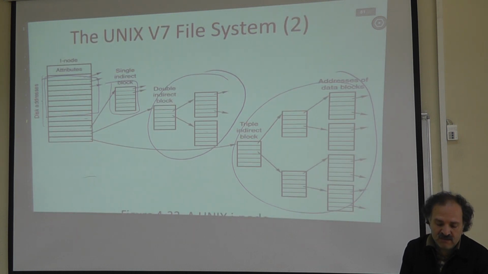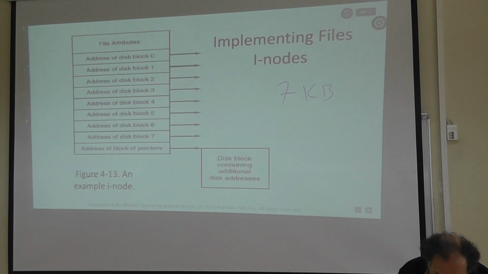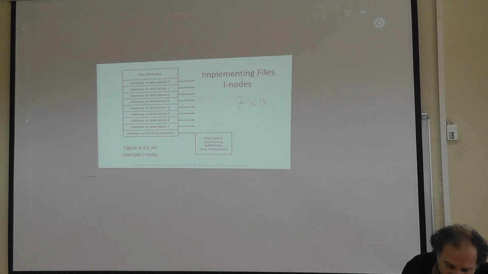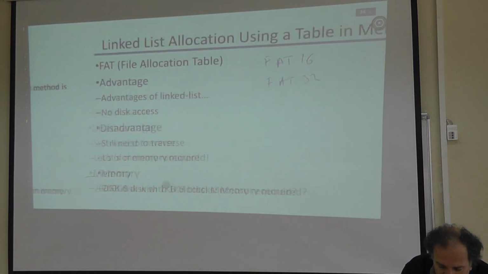Okay. So it is both fast because it is very small for small files. If the files get larger, then it gets larger and more complicated. So this is the structure for UNIX v7, and a similar structure is used by the modern operating systems. Okay, so this is the inode structure, which is not very different from this file allocation table structure, but it